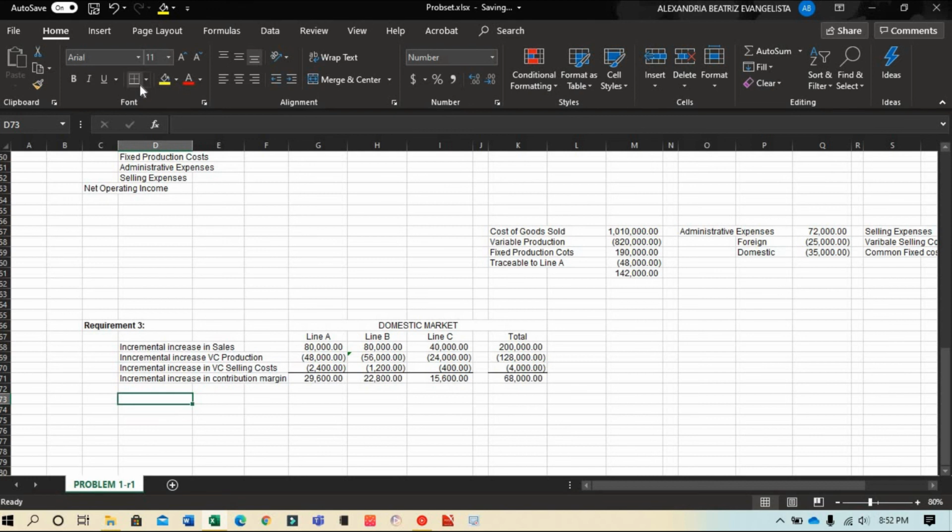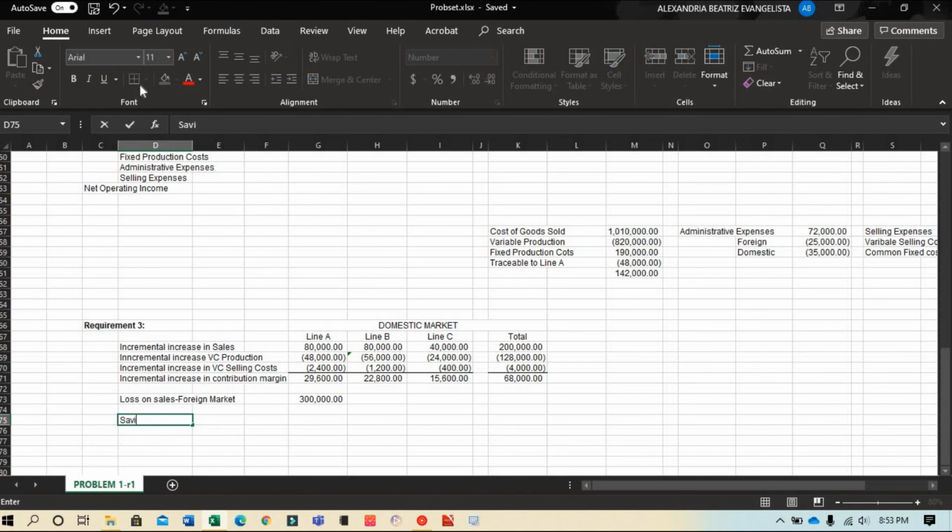So since the foreign market would be dropped, there's going to be, of course, a loss on sales for the foreign market, which is 300,000, which is the total sales in the foreign market. And then of course, since the foreign market would be dropped, its costs will be considered as savings because we don't have to incur them anymore. So let's input here the savings